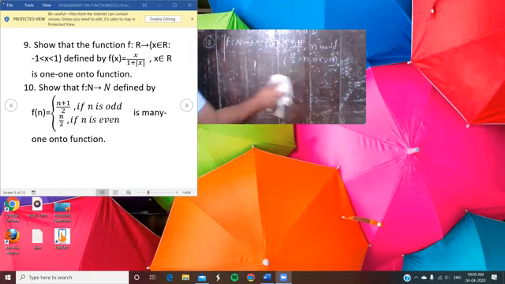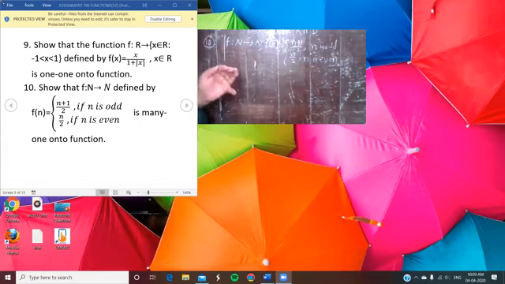So in this way, you can try to prove that. As per the first condition, you have to know each and every concept as well as the definitions of the different types of function. The first condition is that for all y belongs to the codomain, there exists x belongs to the domain such that f(x) is equal to y. Then you can say that it is an onto function. So in this way, we can prove it.